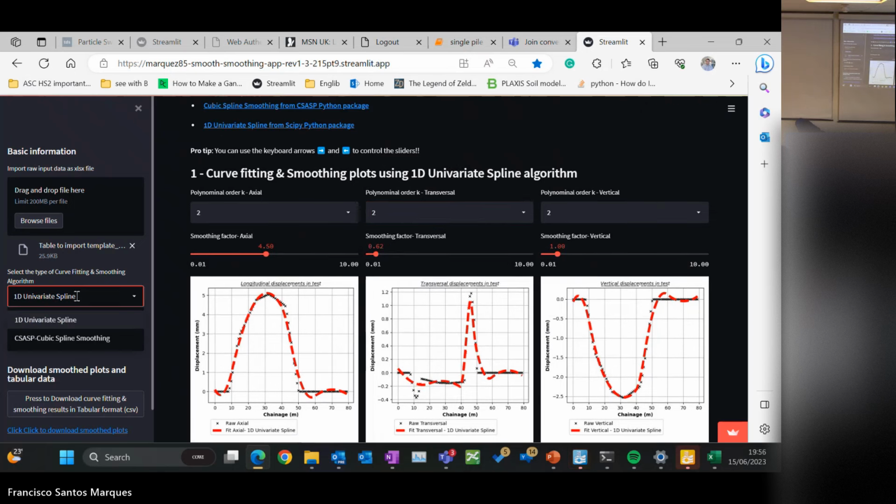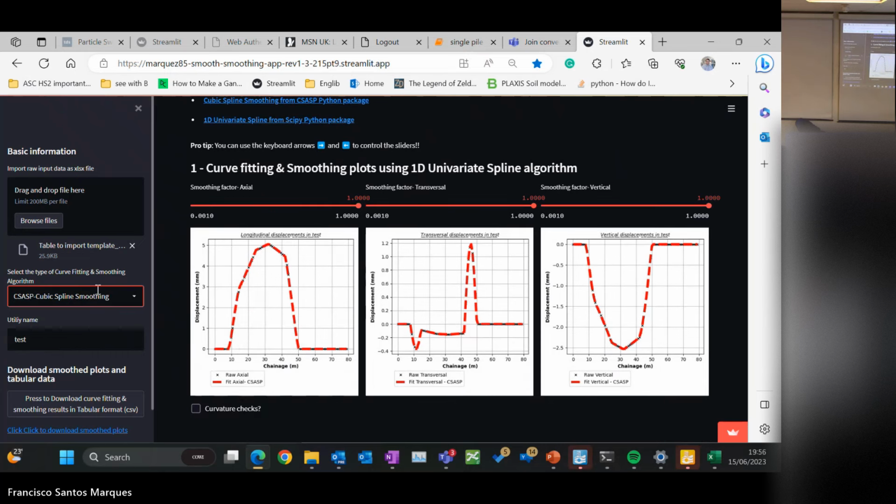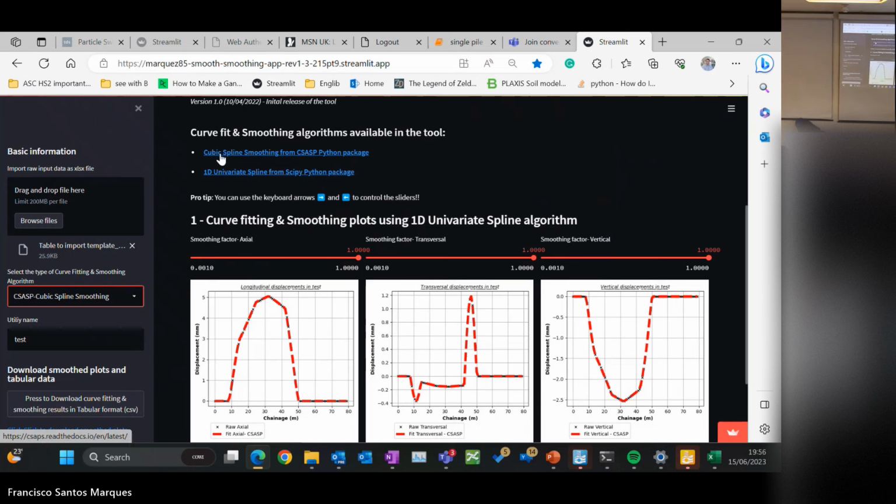I can also change, let's say, the algorithm I want to use. I can use either a cubic spline smoothing or a one-dimensional spline from the SciPy package. So you can see that if I change the slider here, instead of going to the code every time to change the parameter, I can go here and make that smoothing much more straightforward.